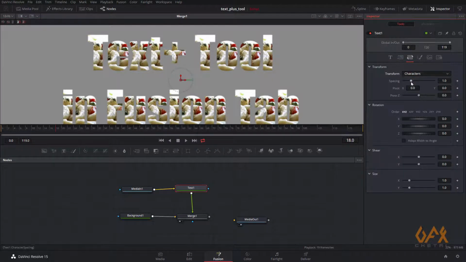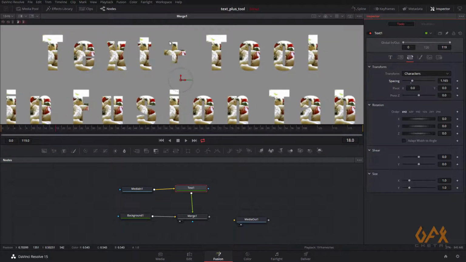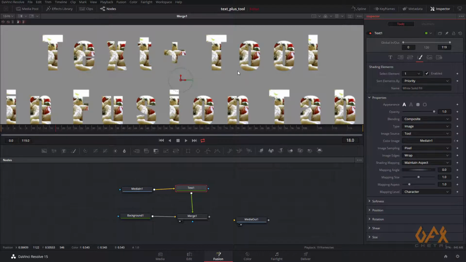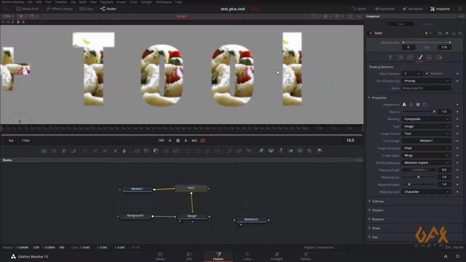I just change my character layout a little. So now you see this particular image applies on every text, every character.